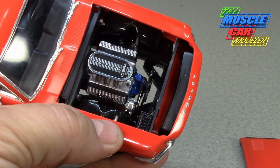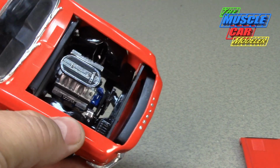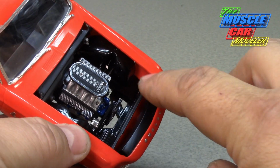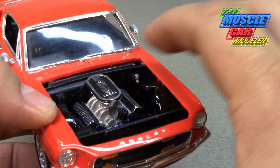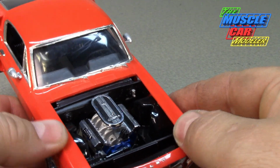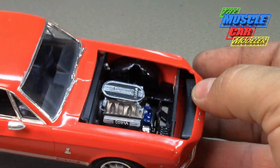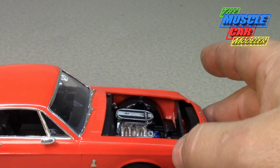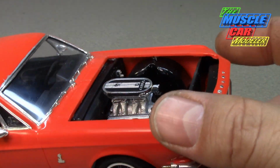Missing the upper radiator hose, which I may have lost, but I did some updating. Like this is painted black back here. Painted this airbrushed black, flat semi-gloss black, and the firewall are semi-gloss black. But if you notice, the inner fenders are just painted gloss black. That's actually brush painted. That's still the original chassis from my original build, and I believe the entire engine or